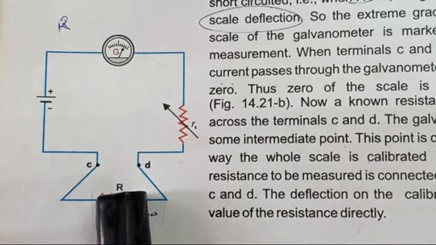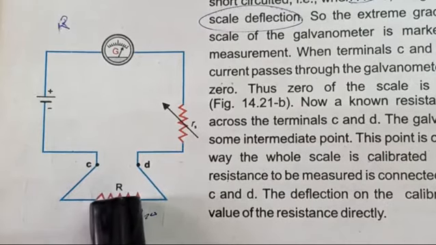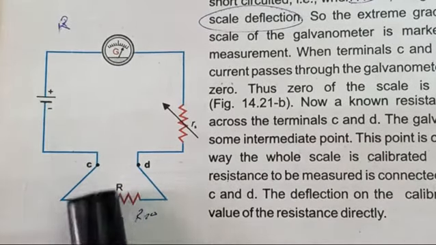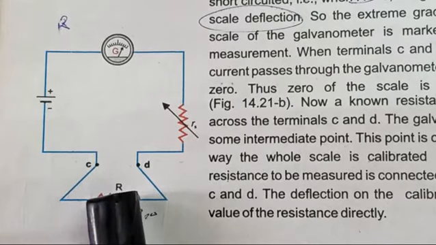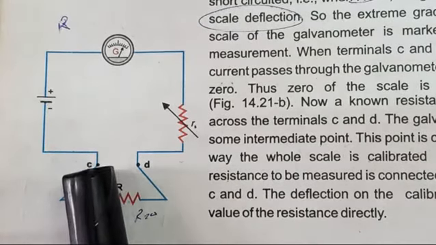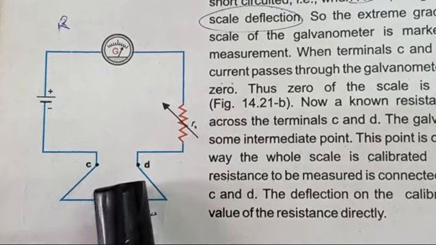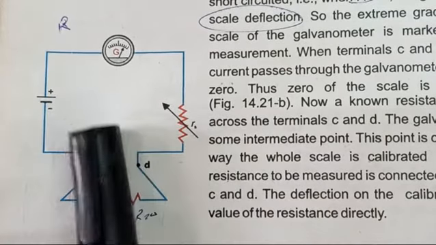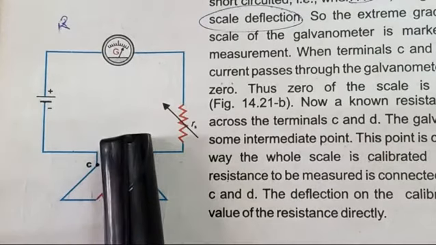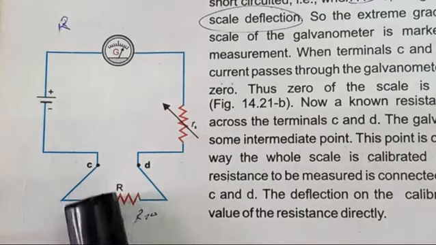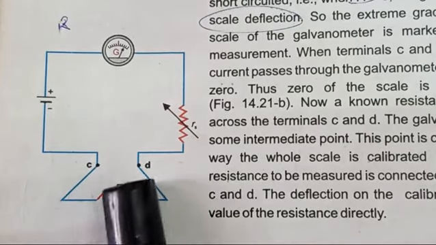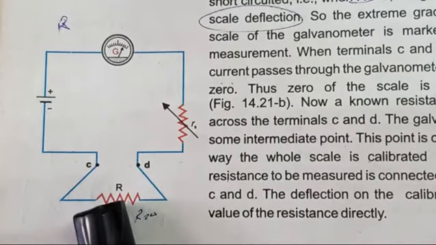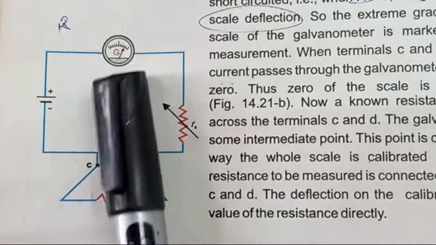We are now interested to find the value of resistance and to complete the circuit. Now we have taken resistance R and connected this R resistance in between terminal C and D. In this way we have taken two advantages. One is that our circuit is completed now, and second one is that we are going to find the unknown resistance, this one.